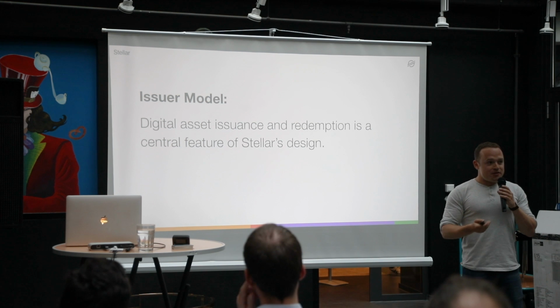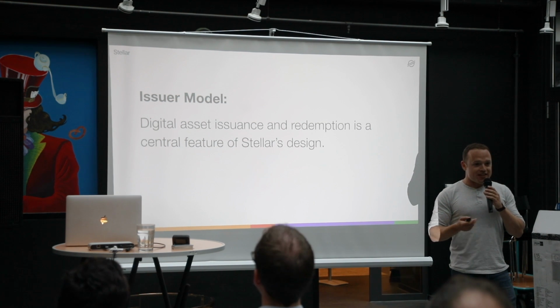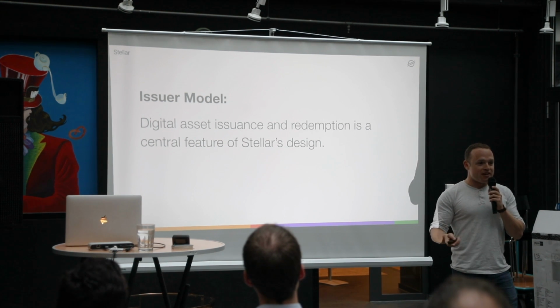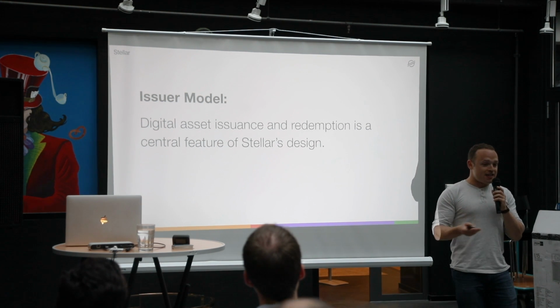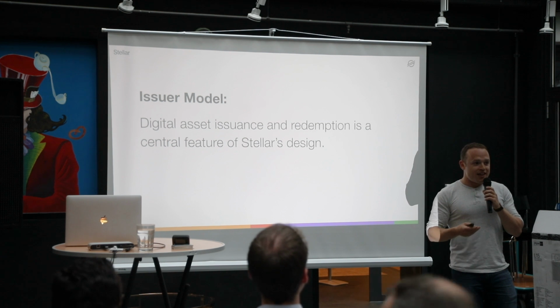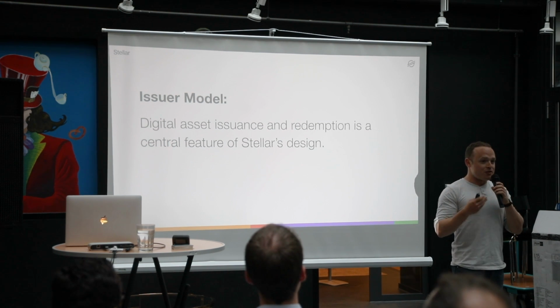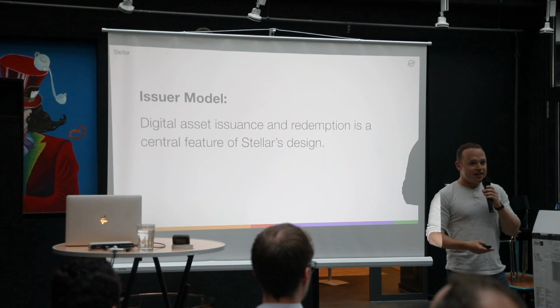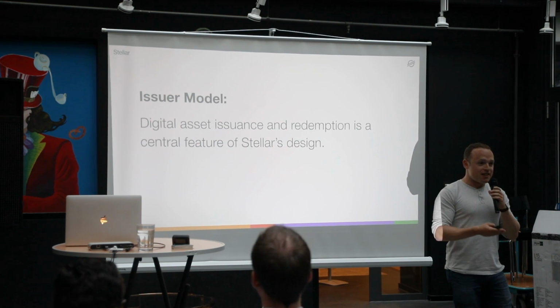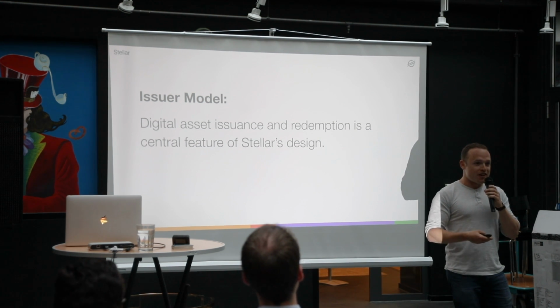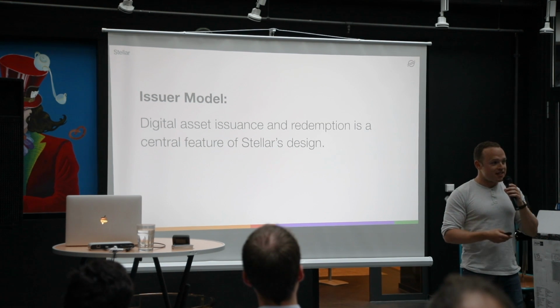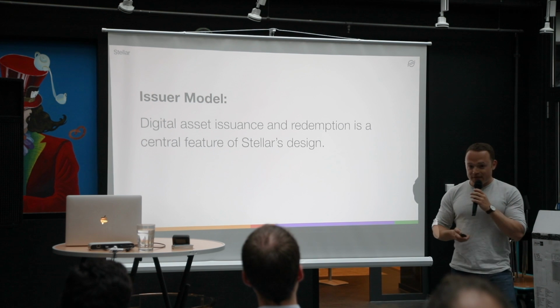And so to do this, we use something called an issuer model, which is simply to say that we work with partners that issue value on the network. Stellar, on its own, is just a ledger, and it's nothing without the actual issuers or entities who come and issue value on the network. The value can be, like I said, dollars, euros, yen, et cetera, or it could be fractional ownership of real estate or artwork, et cetera, et cetera.